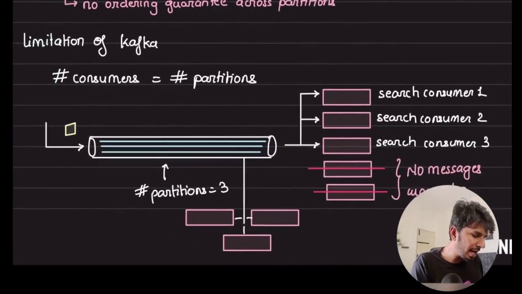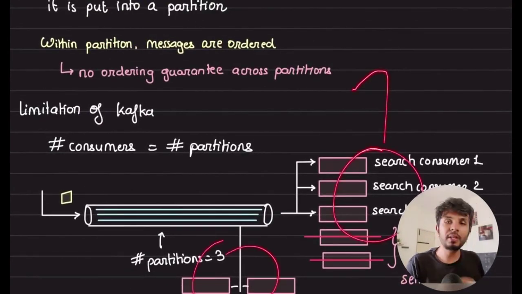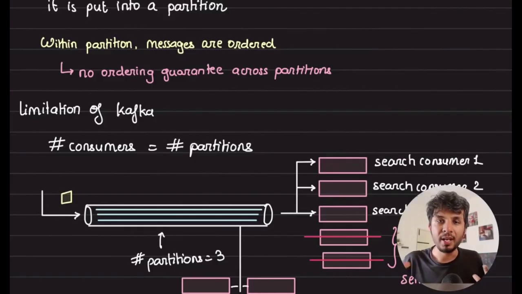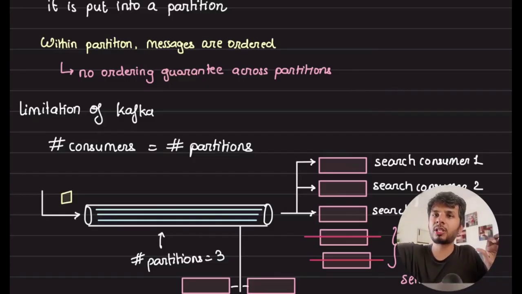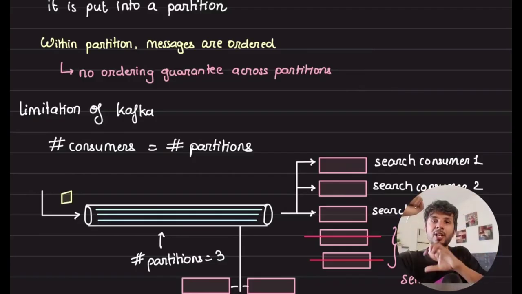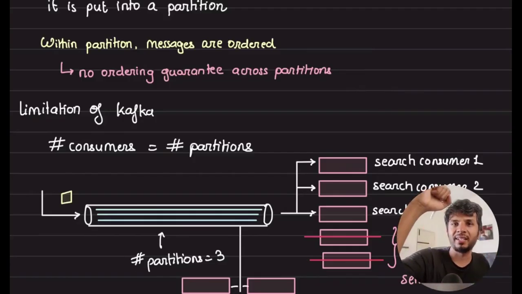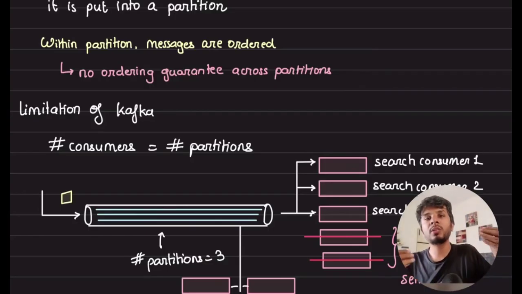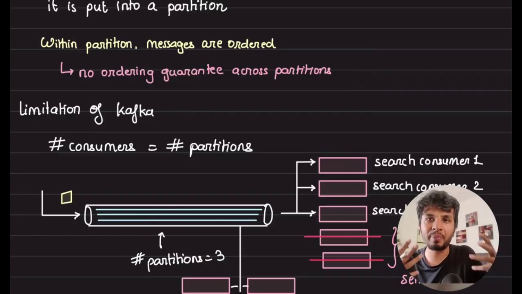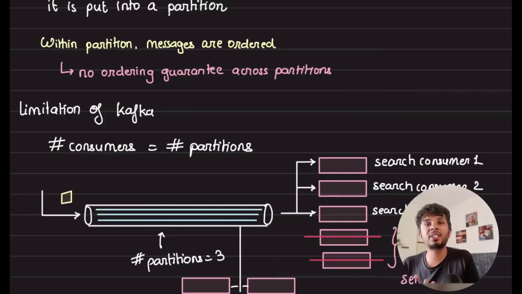But different types of consumers that you have, they would have their own set of checkpoints. Right? So it is possible that your search consumer has just consumed 2 messages, while your counter consumer is consuming the 100th message. Because search consumer takes time processing it, it moves slowly: 1, 2, 3. While your counter is moving fast: 1, 2, 3, 4, 5, 6, 7, 8, 9, 10. Right? It's moving much faster than this. But now you see the beauty of this. Every consumer can consume these things at their own sweet pace without having that pressure of getting it done very fast. Right? And these are essentials of Kafka.